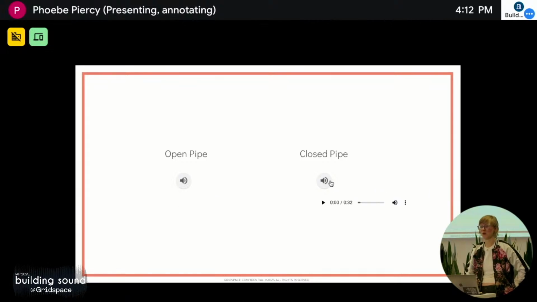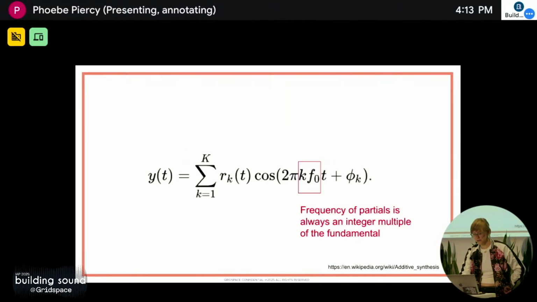So that's an example of open pipe. So that's just the fundamental frequency, 2 times the fundamental, 3 times the fundamental. And then this is closed where we're skipping the evens. So obviously not every closed pipe sounds like every other closed pipe, and not every open pipe sounds like every other open pipe, else there would be no need for multiple types of closed pipe instruments, right? And, oh yeah, sorry. So this is just the additive summation of integer multiples of the fundamental frequency